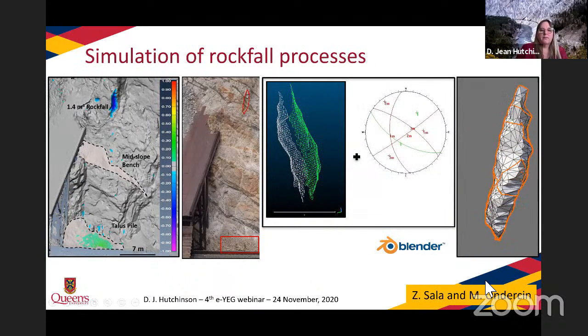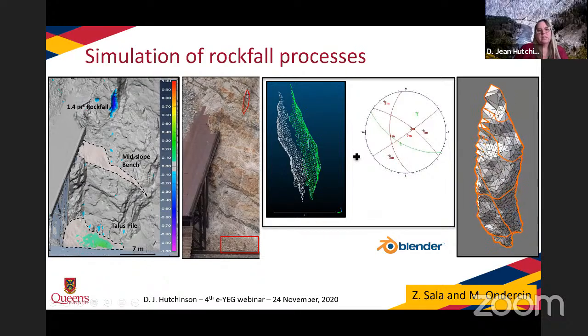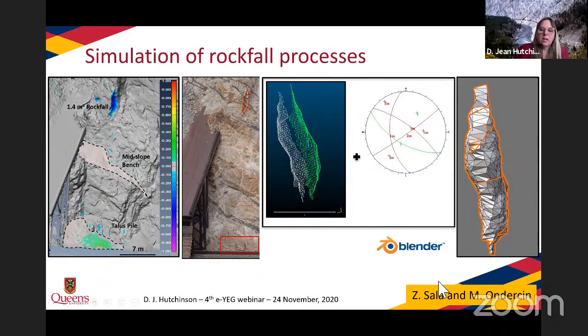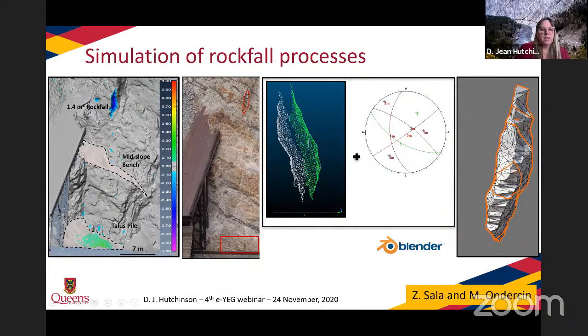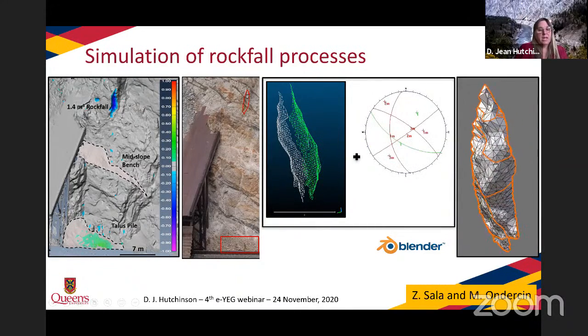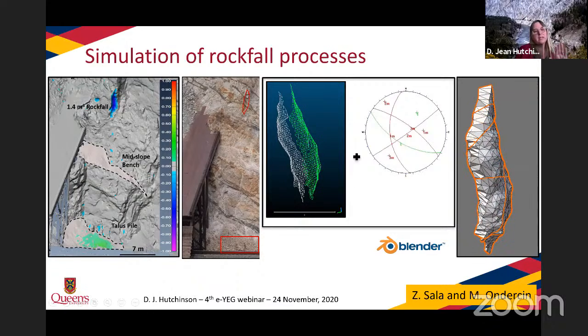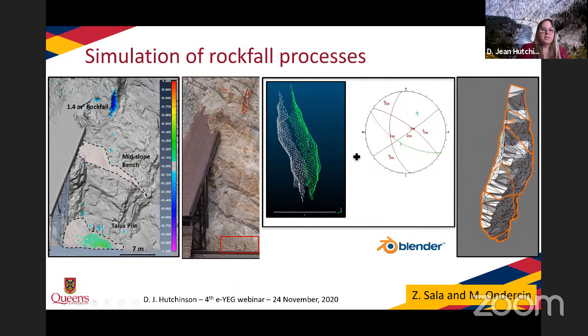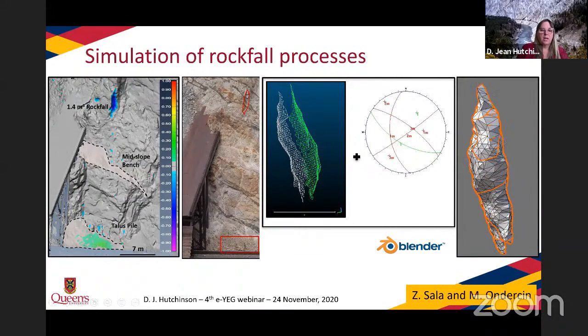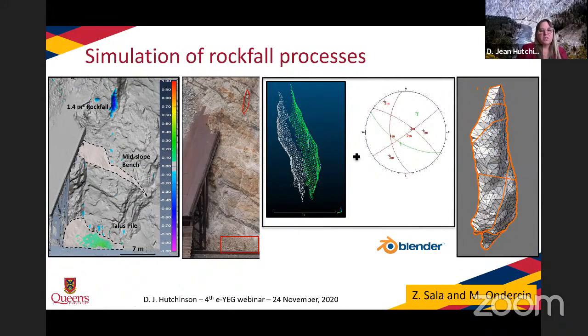And then the final part of this is going back to smaller scale processes where we're thinking about simulating rockfalls. And so here's an example again from our Western Canadian rock slopes, where from the change detection on the left side, we can see a source, only 1.4 cubic meters. We can see impact positions down the slope, and then we can see the accumulation of material at the base